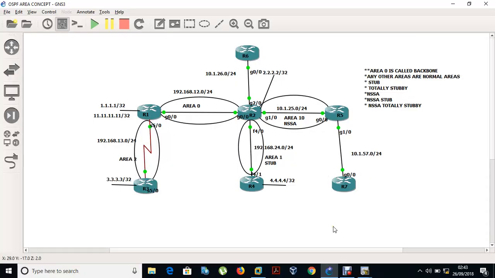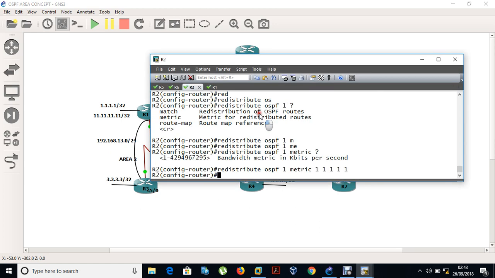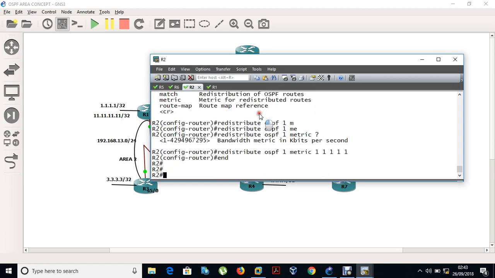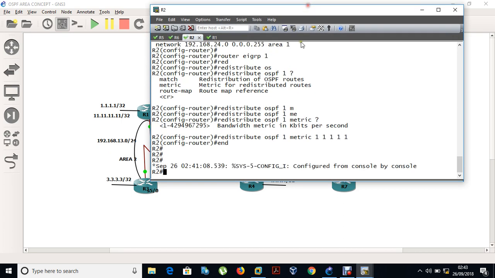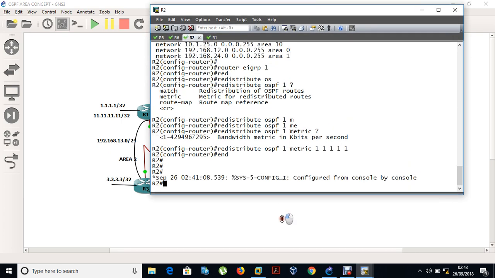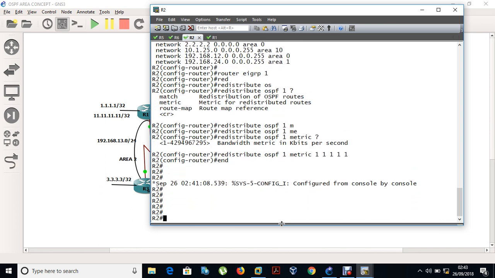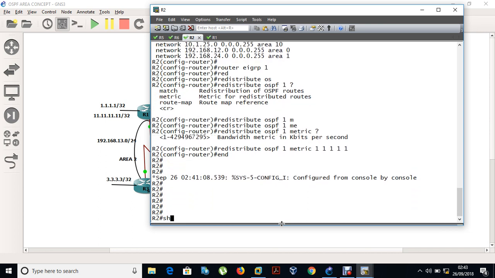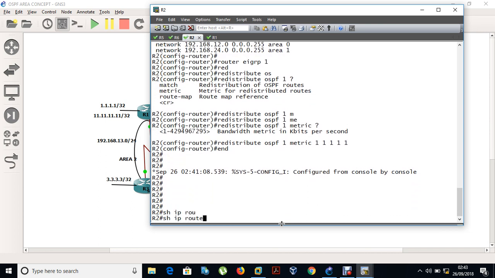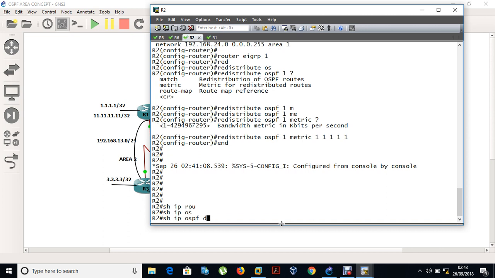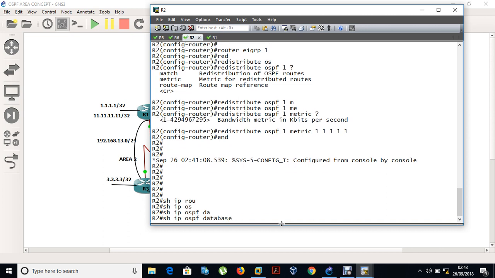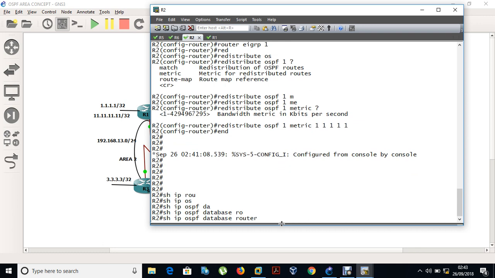Hello folks, as we said before, let us turn our attention to LSA types. Let me go to R1, R2 for example, and let me make it a little bit bigger. We want to analyze very well how many LSA types we have. If we say show ip route, show ip ospf database as I showed you before, and then router,